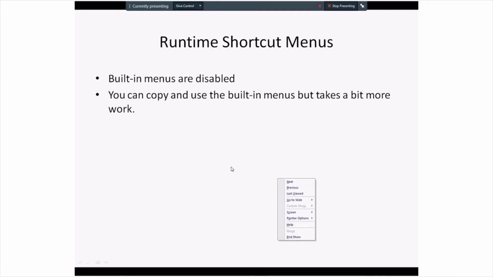Runtime shortcut menus. Okay, like I said, I've been really lucky. I haven't had to field any runtime Access apps. All of the built-in menus are disabled when you create a runtime app, or when we just distribute it as a runtime. However, you can copy and reuse the built-in menus in your application. The downside is that you'll have to go through, and on every form you'll have to define which form level